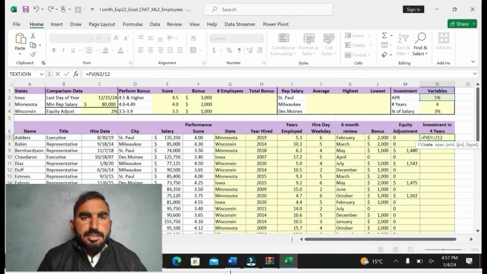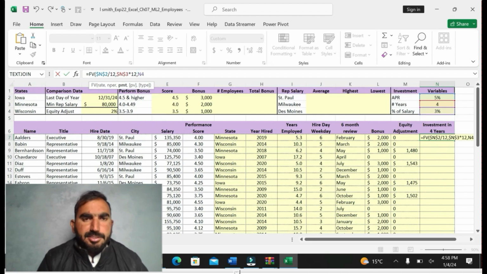N2 with absolute cell references, divided by 12, comma N3, and here you can see multiply by absolute cell reference N2 and N3 and multiply by 12, comma